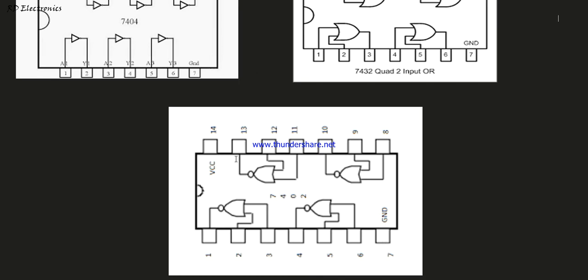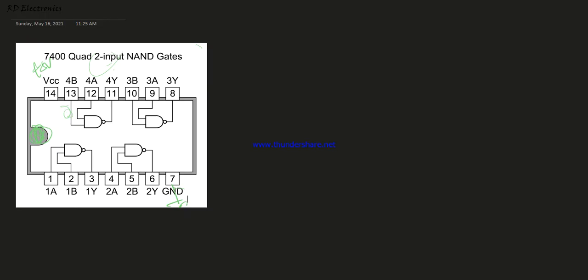Pin number 7 is ground, pin number 14 is plus VCC, and 1 is output, 2 and 3 are inputs, and depending on this hardware there are 4 NOR gates available. So this is known as 7402 quad 2 input NOR gate. Okay. Now next is